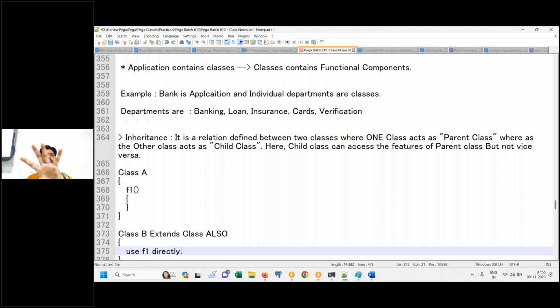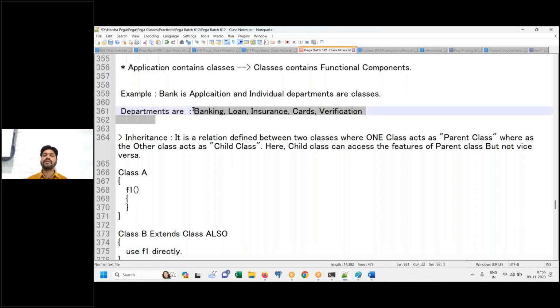Generally, the same way human life, human lifestyle, everything is designed. The same way, technology is also evolving. So inheritance is the concept using which we should be able to access the functionalities of one class in another class. This is okay. But why should the inheritance concept be there in technology? That's the question. Why should it be there?